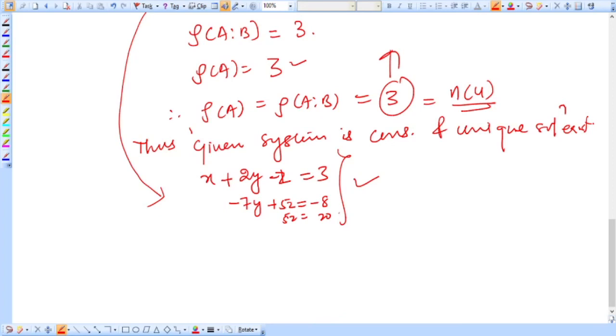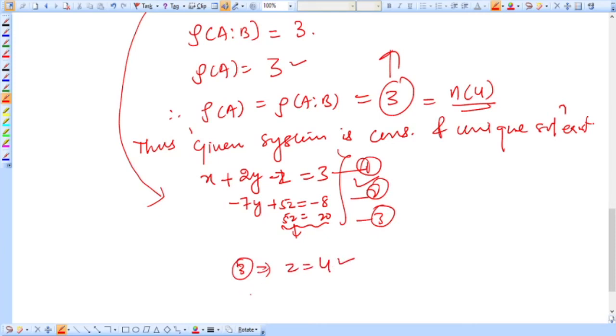Okay, so the equations are the same, although we have reduced them by the elementary operations into this shorter form, right? So now you just see from the third equation, we can find the value of z from here. So you just write them 1, 2, 3. From 3 it implies z is equal to, how much will it be? 20 by 5, which is equal to 4.